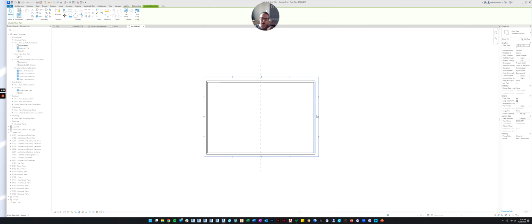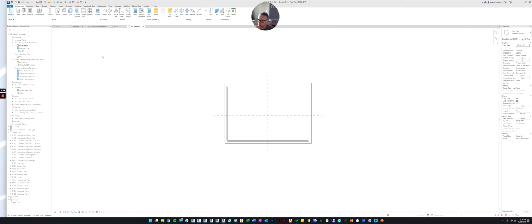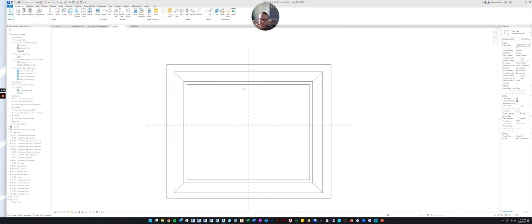By default, the bottom is the same level that your view is associated with. So if this is the basement floor plan, it's cropping at the bottom of the basement. And then the top is just a default value that Revit tries to estimate when you make your view. So to understand what this does, let's go to the roof plan. And you can see in the roof plan, you can see the outline of the bottom of your roof, but you don't see the rest of your roof continuing up. You see it's cut. It's being cut right here.